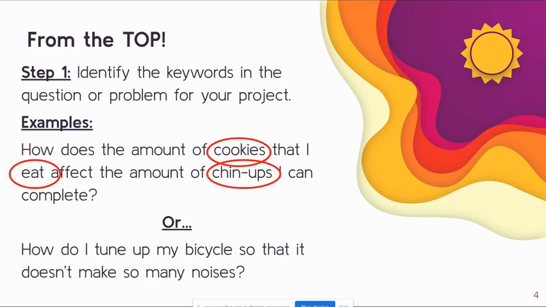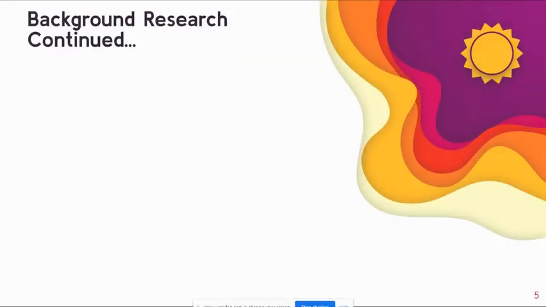So when we take a look at the scientific method question, some of the key terms that you might end up circling or identifying would be cookies, eat, and chin-ups. And this could even expand into some more terms such as sugars, digest, exercise, and muscle usage. Then when we take a look at our engineering design problem, we could have bicycles and noises as some key terms that we're going to want to investigate. Then we're going to have to start completing some more background research, which brings us to